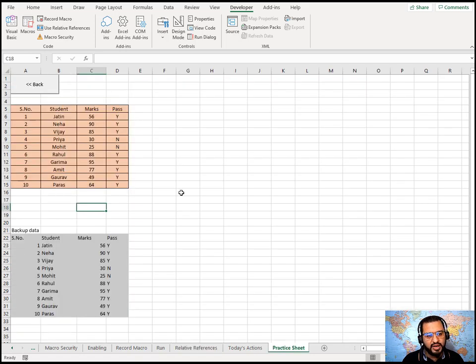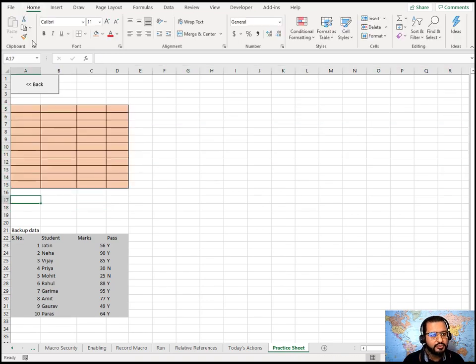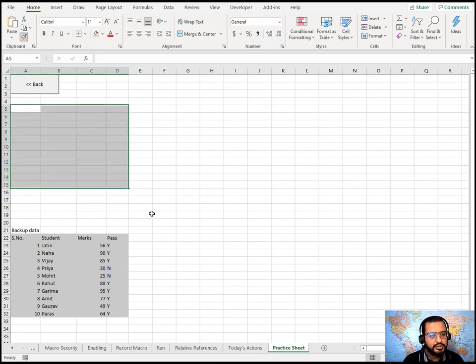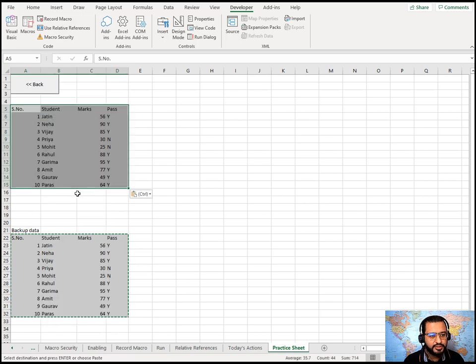Going back to the practice sheet again. First, I'll remove all this data. Now we are on the original practice sheet. Now I will copy this data again, paste it here, and select the first cell here.